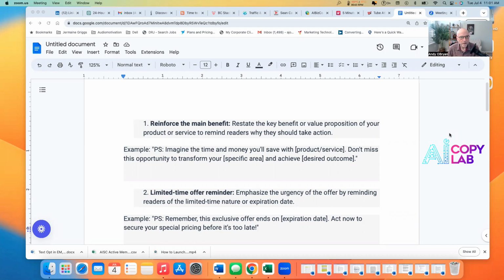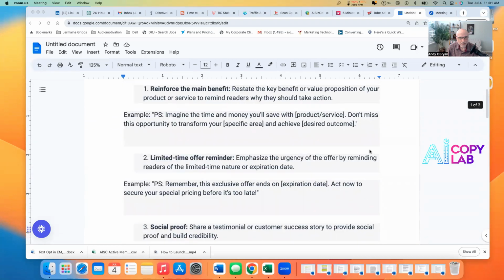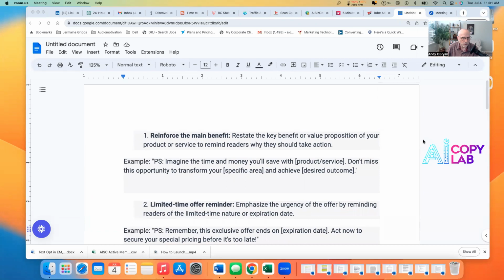What we're going to do now is the PS. At the end of every sales page, or email, really, if that's where you're trying to promote something, there needs to be some reiteration, like a PS. Me personally, I always gravitate to the PS when I read an email or a sales page because I want to see what the fuss is all about on the sales letter. And there are a number of ways that PSs can really change the trajectory of what you're doing on a sales page or in an email.